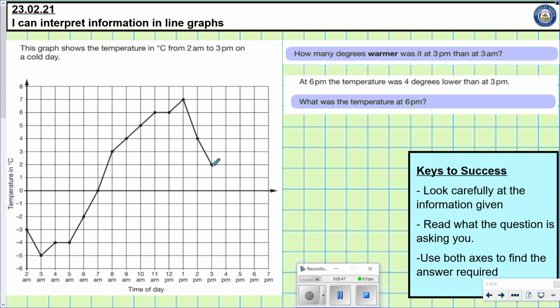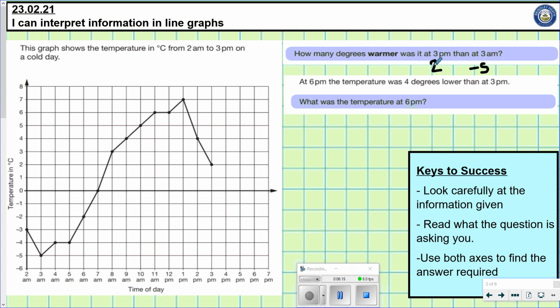So I find where 3 p.m. touches my line and I read across, and I can see that the temperature there at 3 p.m. is 2 degrees. So I'm going to make a little note of that. At 3 a.m., find 3 a.m., I go up to where it touches my line and I read across, and at 3 a.m. it was -5. So what I need to know to answer this question is, what is the difference between +2